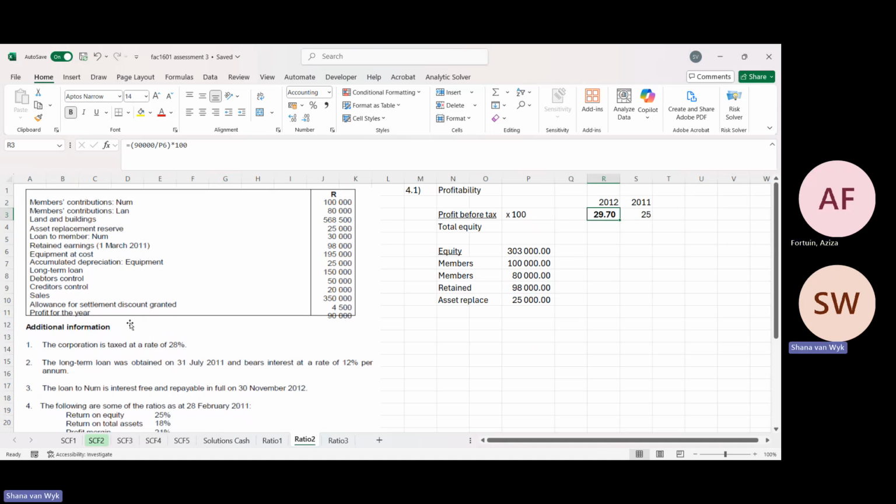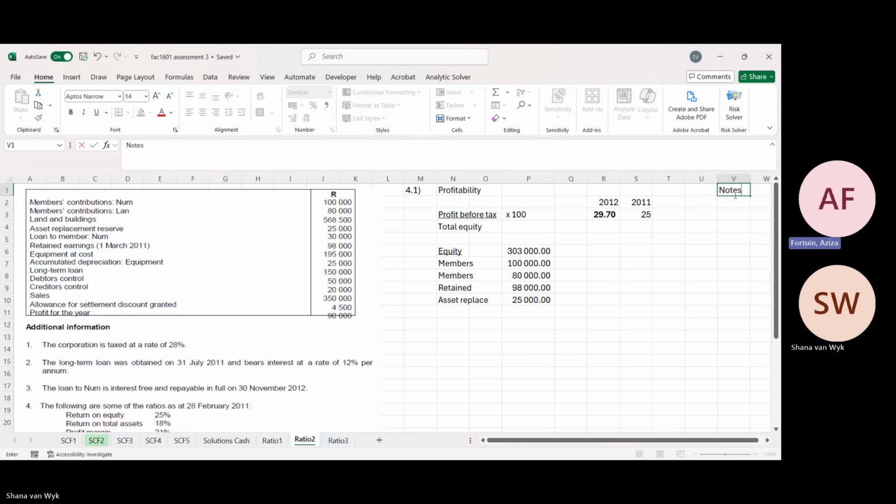So this is profit for the year. So yes, you have to go before tax. You have to take the tax component out. So you say 90,000 divided by 72%. So for profit for the year, we must make the assumption tax is included. Just make a note. Go to column V there with notes.